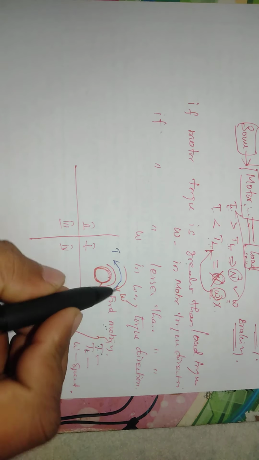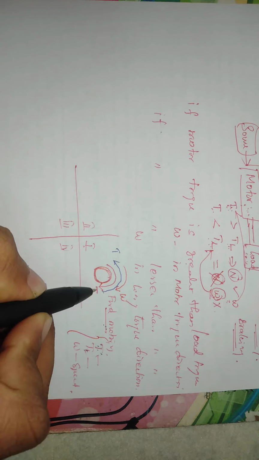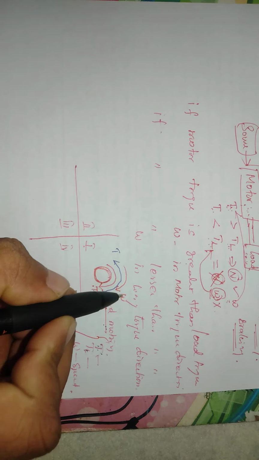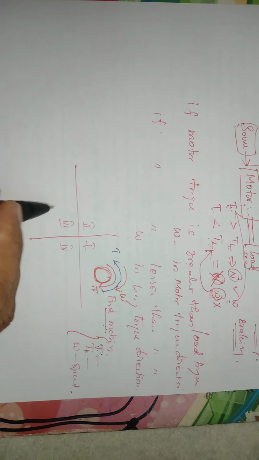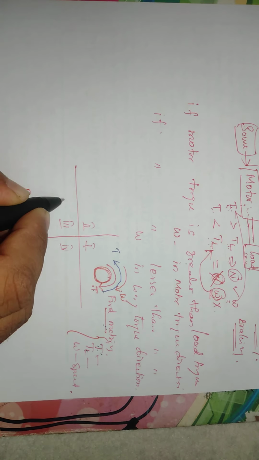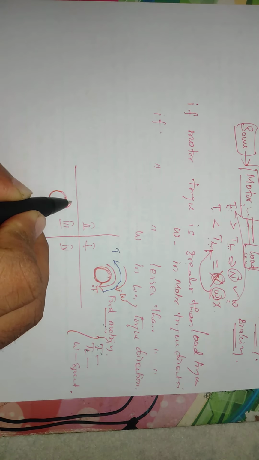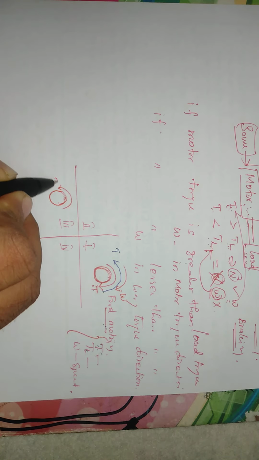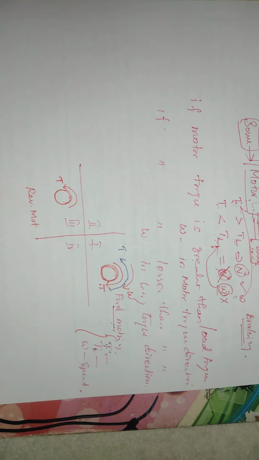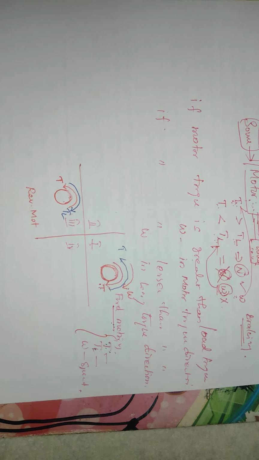Simply, these are the three terminals. Direction alone is very important here. So in motoring operation, the motor torque is higher, so for that the direction of speed will be fixed. Next, for reverse motoring, the same pulley we can draw. In forward direction we give the motor torque in this direction; for reverse motoring, the motor torque will be in the opposite direction. Obviously the load torque will be opposite to the motor torque.